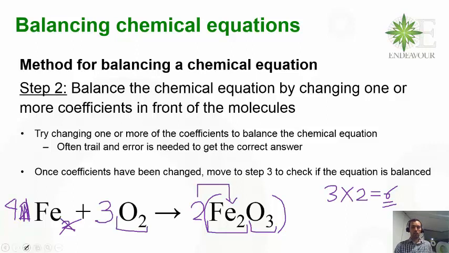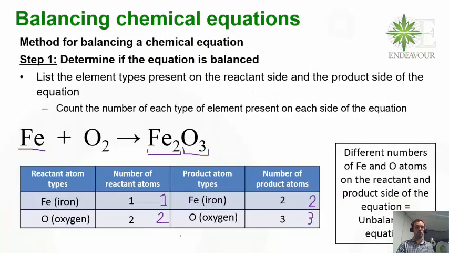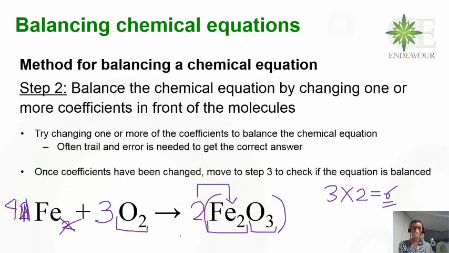You can actually check whether you've balanced it at any different stage. So for example, after I'd put the 2 Fe, you could have checked it then by applying the method I showed you in step 1, or if you thought it was balanced after we added the 3 in front of the oxygen for the coefficient, you could have checked it. But if you check your equation and it's not balanced, then you have to keep trying to change the coefficient until it does become balanced. So now that I think I've balanced the equation,